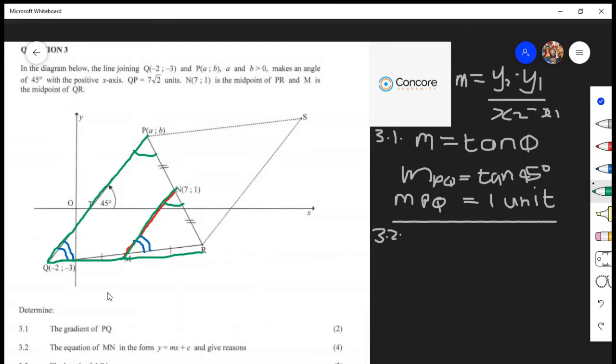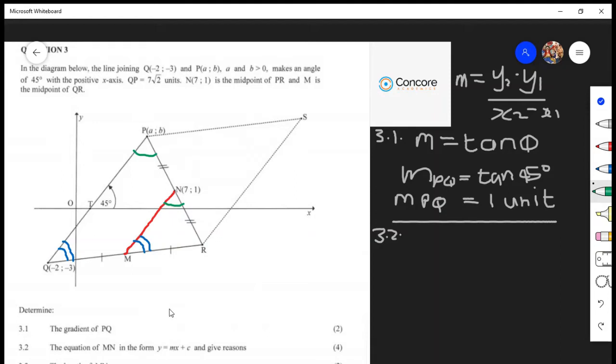Or alternatively, you can use the midpoint theorem, and the midpoint theorem states that line MN will be equal to, not equal in distance, but the gradient of line MN will be equal to line PQ because they are parallel. Also the midpoint theorem states that line PQ is double the size of line MN, or alternatively line MN is half the size of line PQ. Okay,